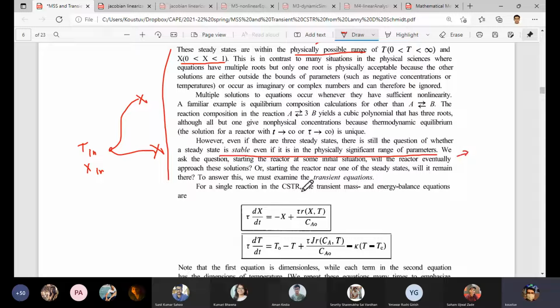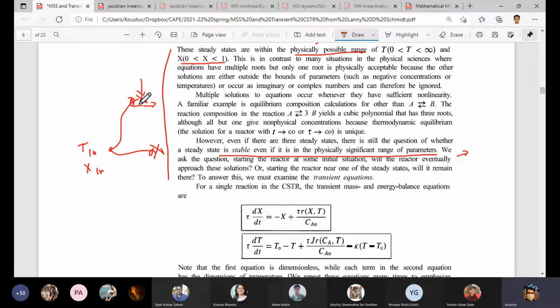We are also asking, if we start the reactor at very nearby locations of the steady state, will it reach that steady state value? Or let's say we start it exactly at the steady state point, will it stay at that steady state point for long enough time? If there are little bit variations across that steady state point, will it be able to restore back, or will it get back again to that steady state point? This is very important, follow me. So that is the question.